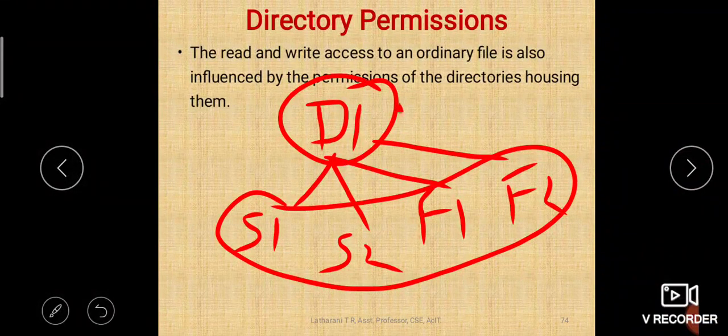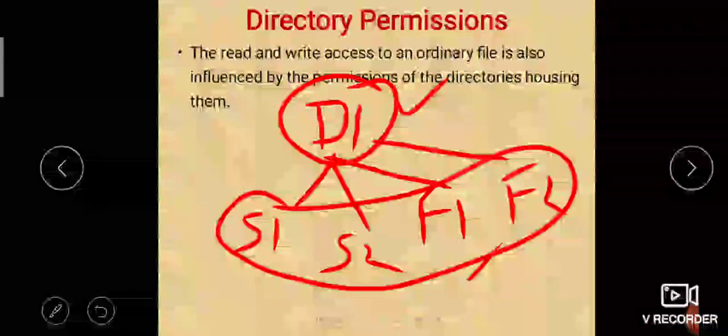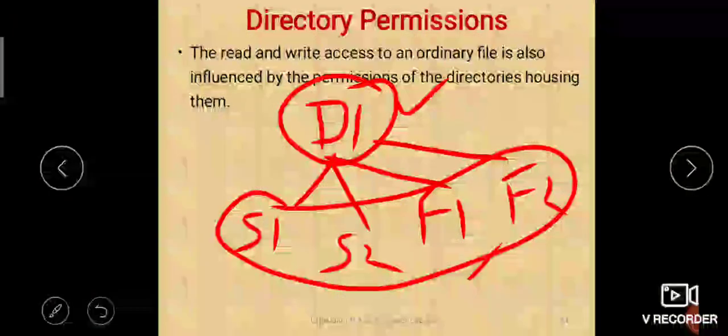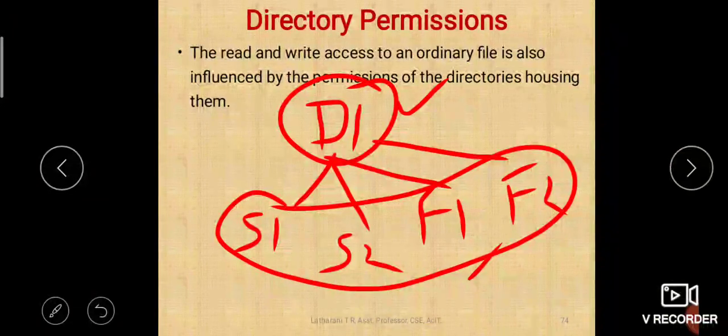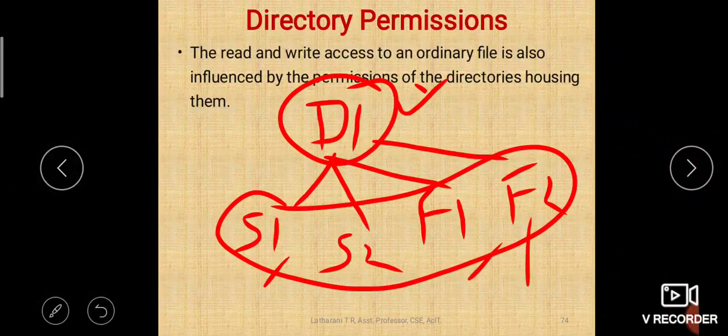So we can say that the directory permissions highly impact the access to the files. Directory permission overrides the permissions of the file within it. Even though you have execution permission for all of these files, if you don't have execution permission for d1, then you cannot execute any one of these files under d1. So directory permissions will override the permissions of the files.